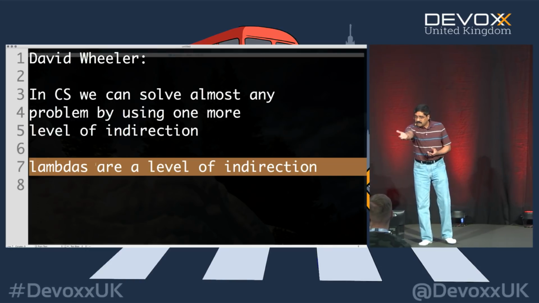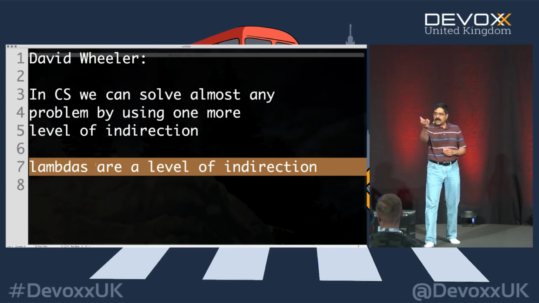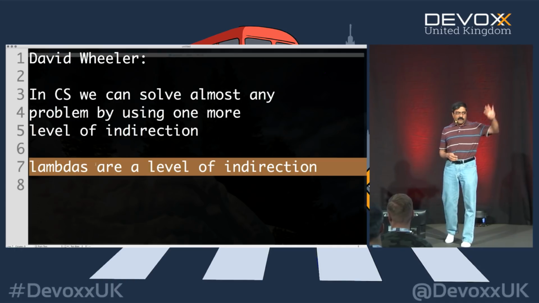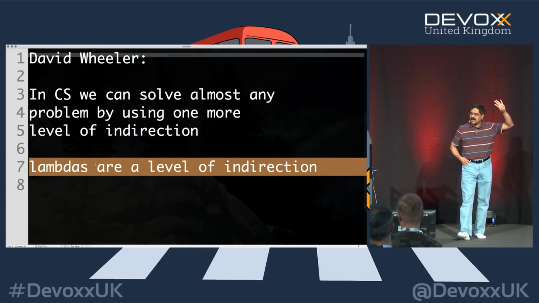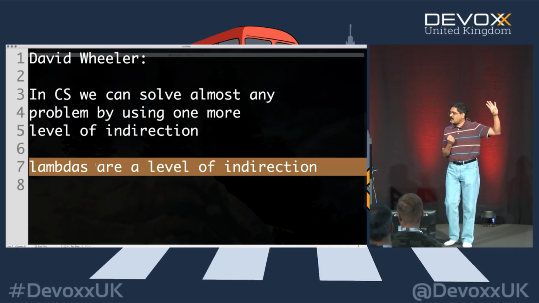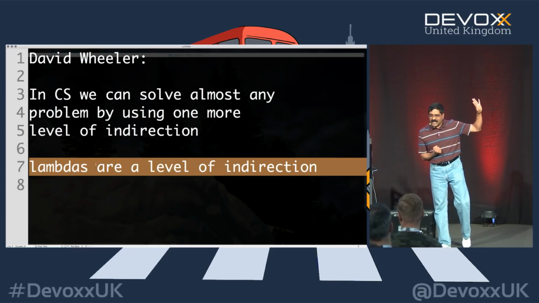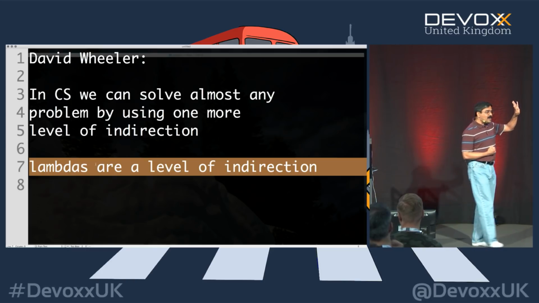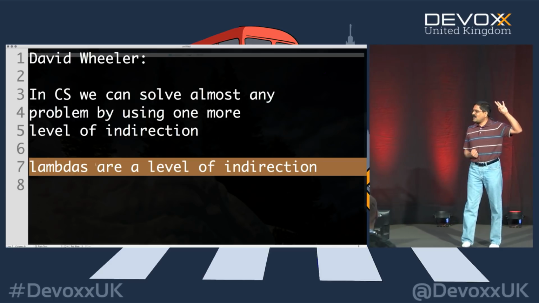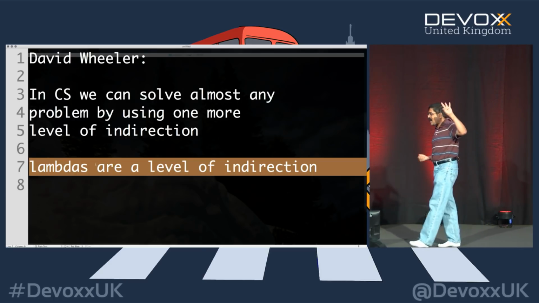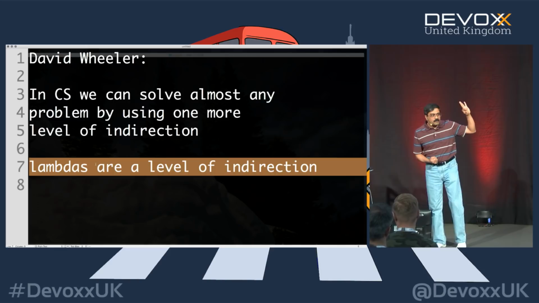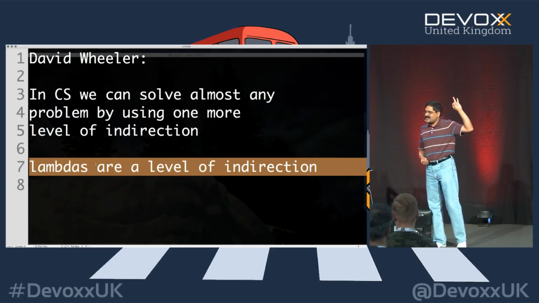Suppose I take an apple. I use the gentleman over here. If I were to give him an apple, he's got 4 options on his hand. He could be really hungry right now. He could eat the apple right away. That's like eager evaluation of the apple. Or he could say, you know what, I'm going to eat it after the topic is over. Maybe I'll eat it during the break. That's a lazy evaluation of the apple.